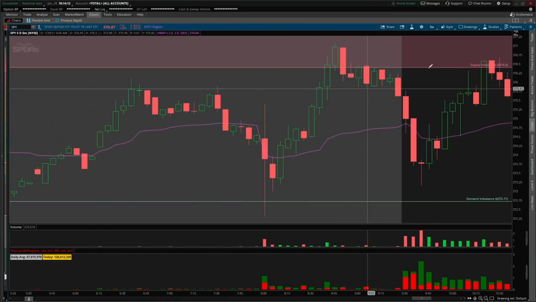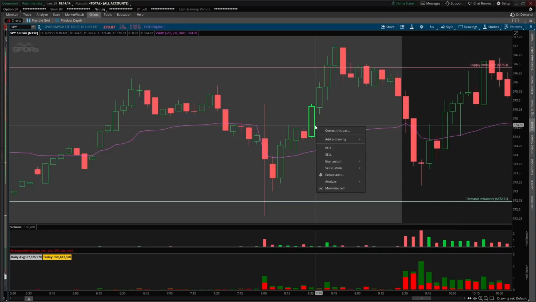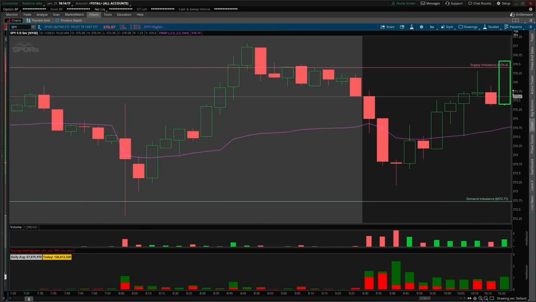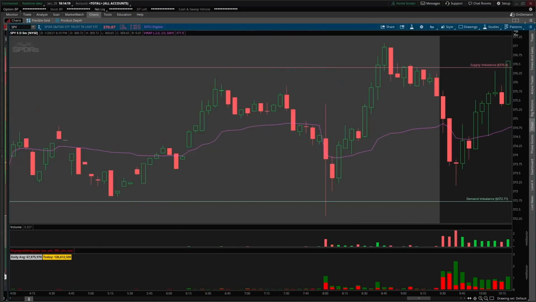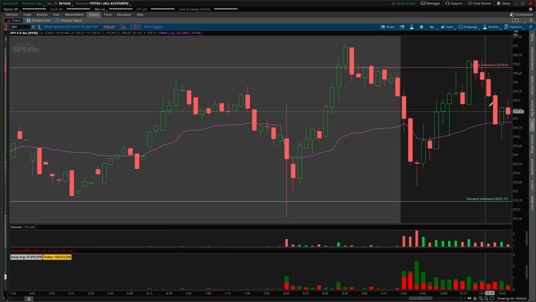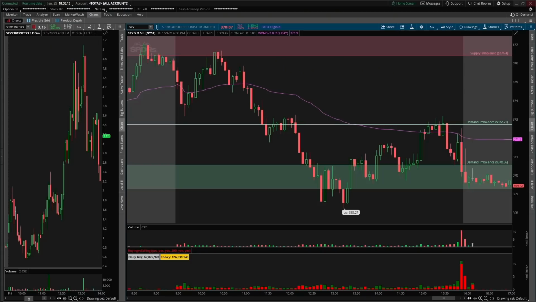Let's say we have no clue about supply. We don't understand the concept of supply and demand. We look to take the market long when it's breaking out up here. We go in with 100 SPY contracts. A couple of minutes later, this thing reverses. We're in such heavy size, we cannot afford to have a wider stop loss. Then we stop out, we take a big loss, and again, we get frustrated, and that frustration promotes volatility in our emotions, and those types of things are going to affect our future trading decisions. This is exactly what I mean by trading with less size with a wider stop loss in a volatile market.